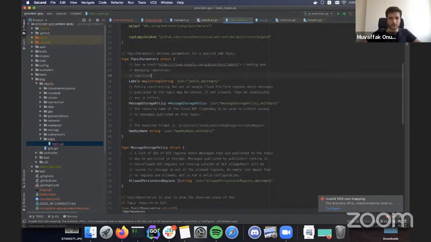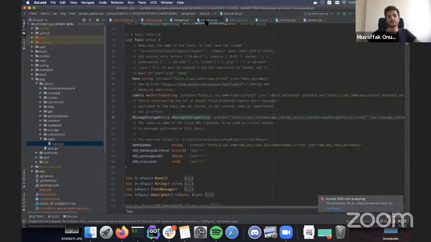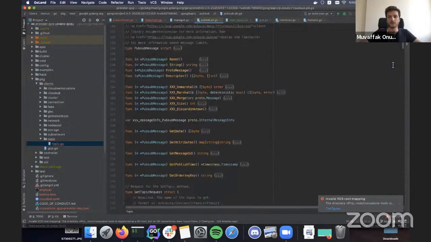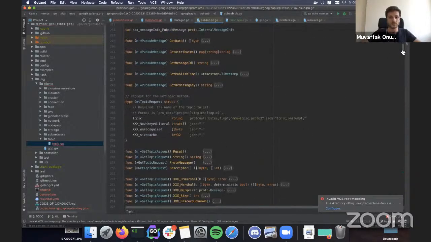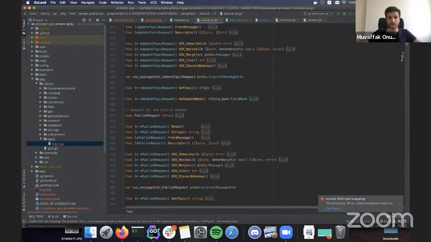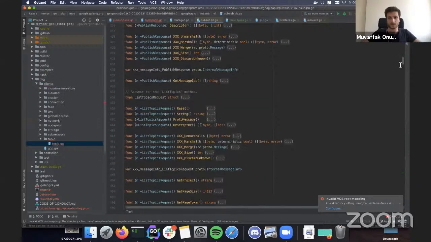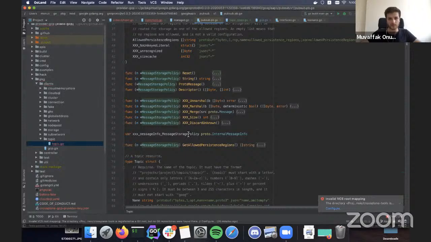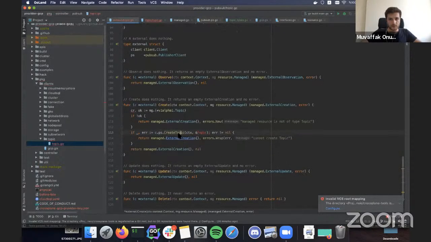optional. Figuring out whether they're optional or not is kind of tricky in some cases, because they're not well documented in all of the cases. So what I usually do is go and look at the actual update call. If that contains that field, then it can be updated. Create topic.